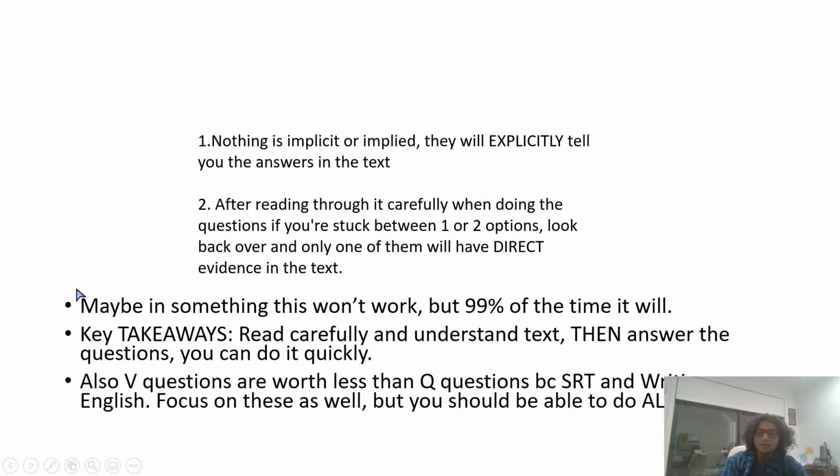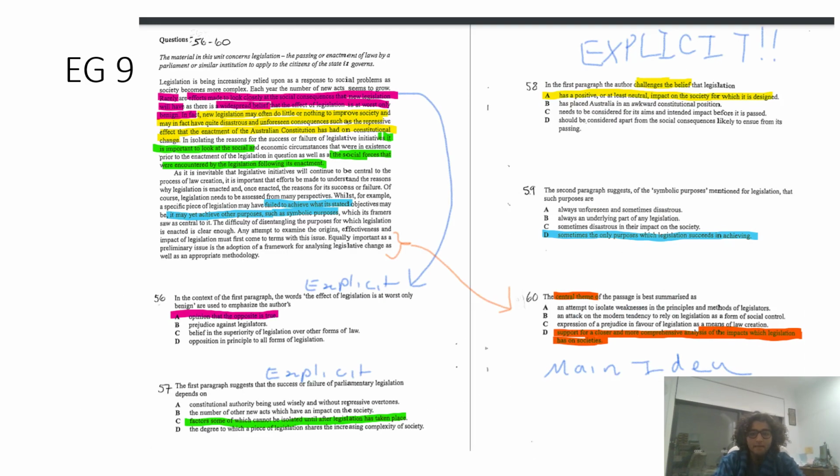So the AST questions aren't hard. They're not hard at all. So you should be able to do all the questions. Make sure you answer all the questions, right? If you have time at the end, you can guess. No, you shouldn't have time at the end because you should be doing it carefully and getting everything right. But you should still be finishing all the questions, right? If you read it carefully, then you'll be able to answer the questions quickly.